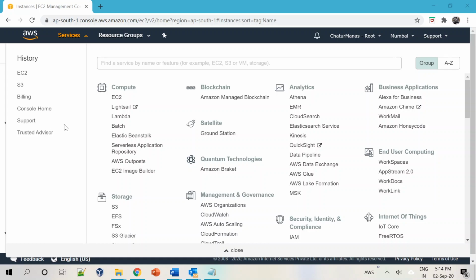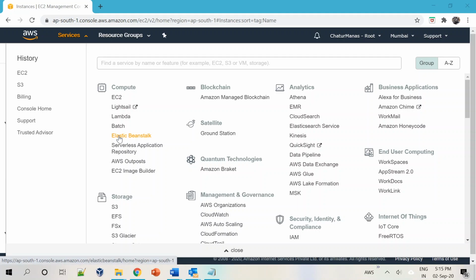In this video, I'm going to demonstrate some cool features of the AWS console. I have already logged into the AWS console. In this console, the first feature that we will look at is pin, the second feature is resource groups, and the third one is bulk tagging. Now, as I said, I have already logged into the AWS console.